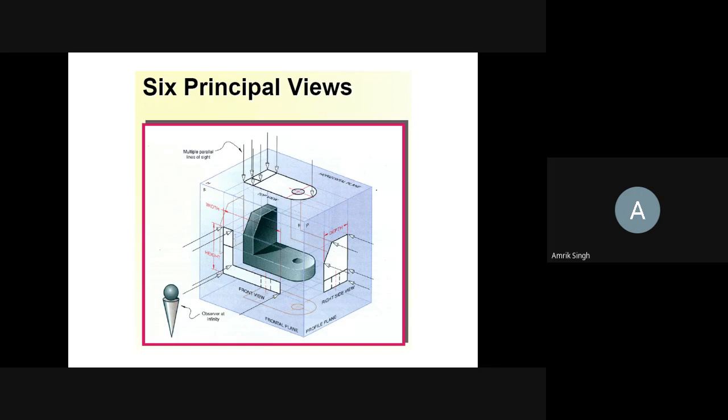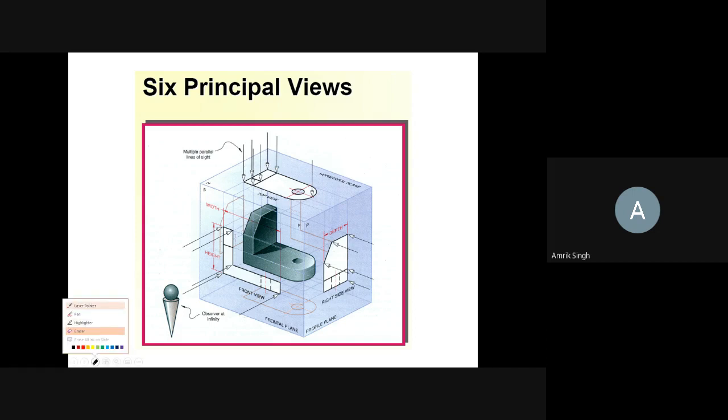When you open this box from the top, it will be the top view, and from this side it will be the right hand side view. When you open this box, this will come on this side. The box will be open like this.